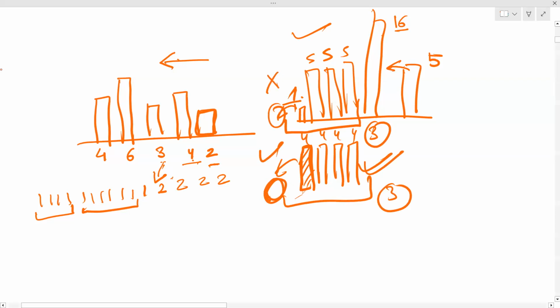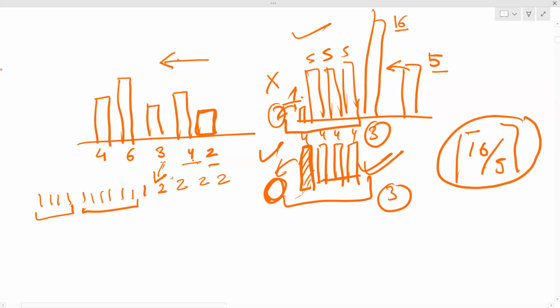Now, how to do this? What should be the value and how many times do I need to break it? It is very simple. If we have 16 and the previous one was 5, just find first the ceil of this. If you find the ceil of this, you'll get how many times you need